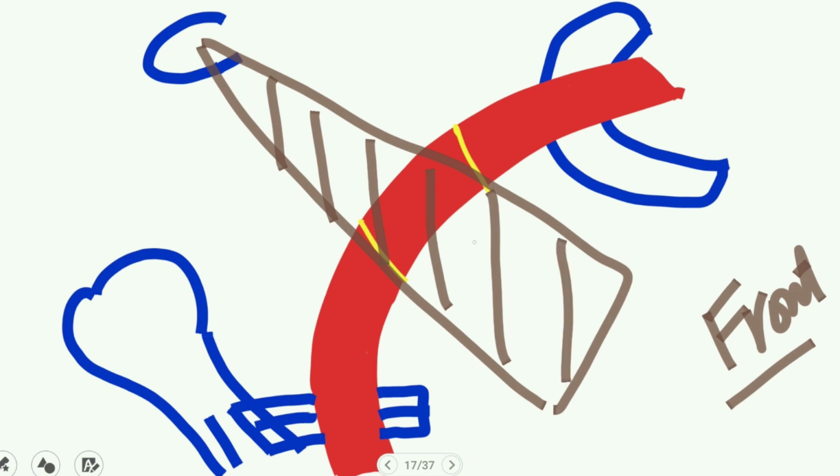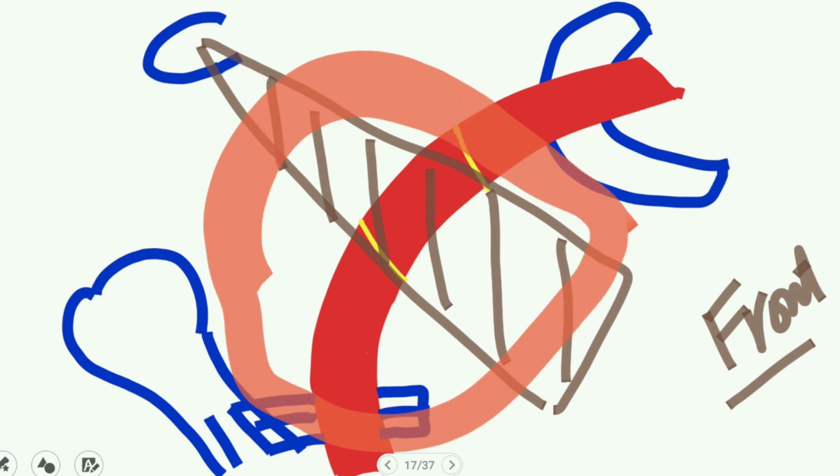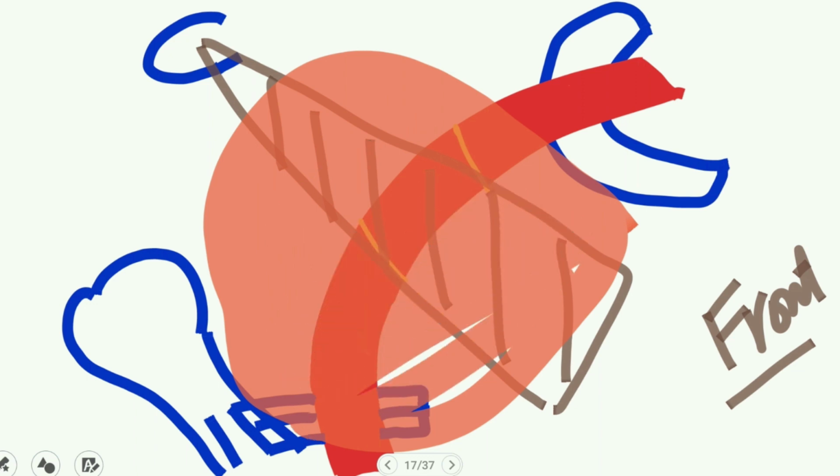So whenever you are asked about the relations of the second part of the axillary artery, you will write down pectoralis minor. You will not write down pectoralis minor in the first part and the third part. Here comes the big muscle of the pectoral region, the superficial and big muscle, that is the pectoralis major muscle. Pectoralis major is present all over this area. This whole area is covered by the pectoralis major. Why am I showing you this? Because this will help you add more data. Whenever you are asked about the relations of the first part, you write down pectoralis major muscle.